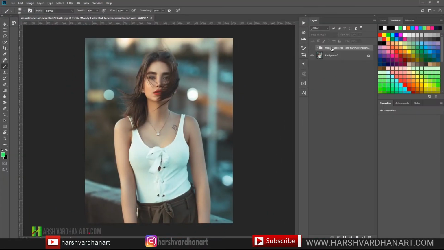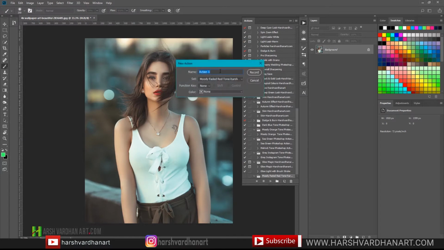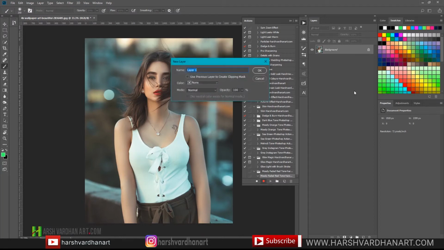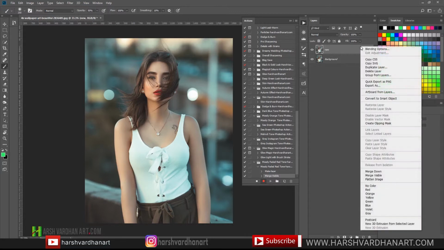So let me first delete all of these, and I'm going to create a Photoshop action for this one. So let me create a group. Let me rename it, press OK, and create one action, rename it, and start recording. So first of all, I'm going to create a blank copy by pressing Ctrl-Alt-Shift-E, and I'm going to call it new. And then I will create a merge copy by pressing Ctrl-Alt-Shift-E,